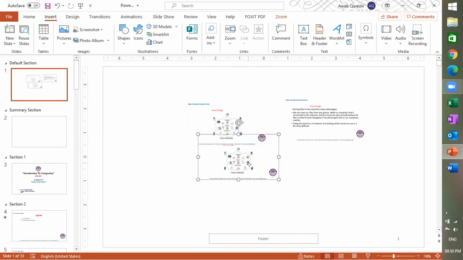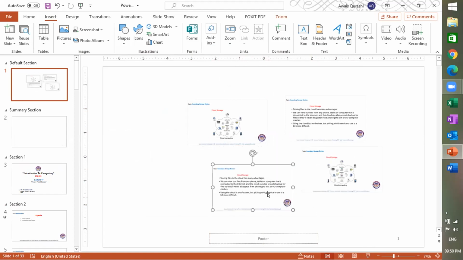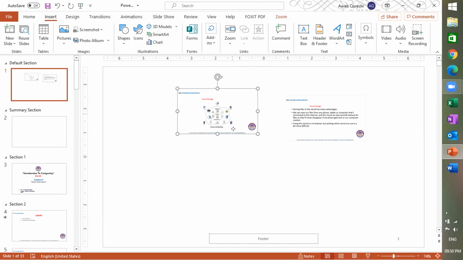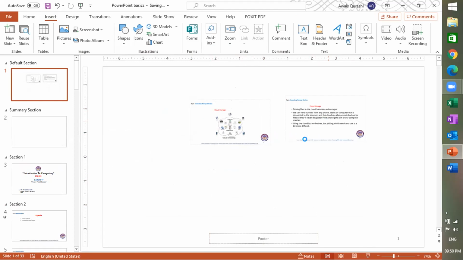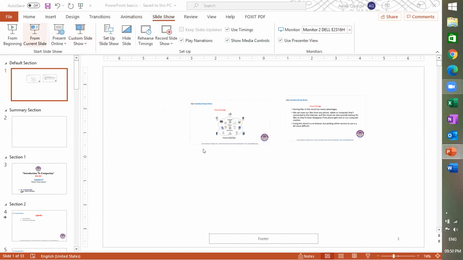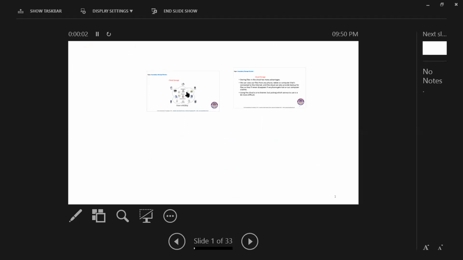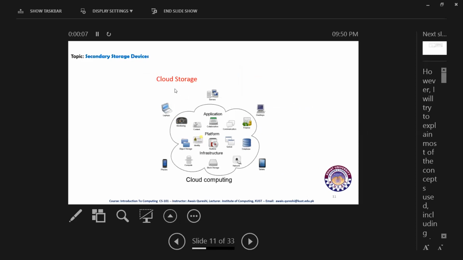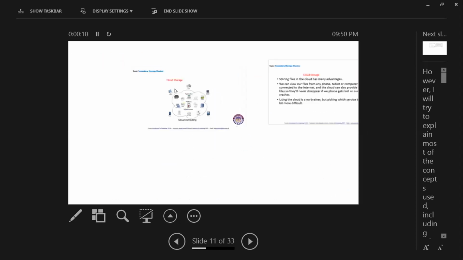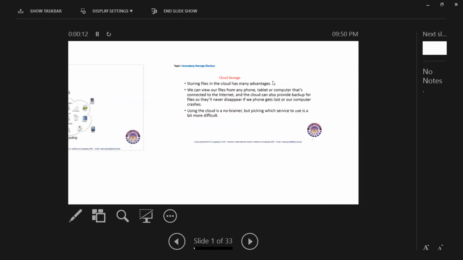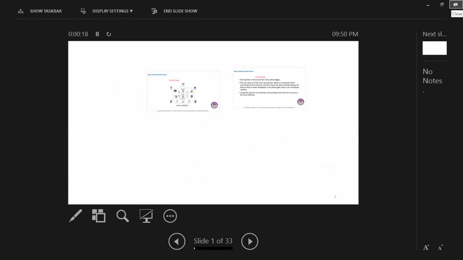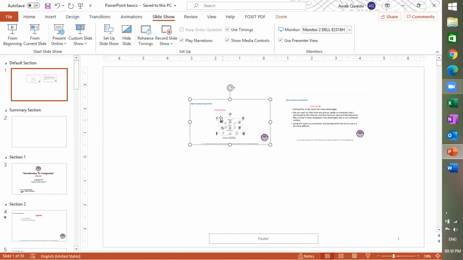Okay, these are the sections. This is section number 9, and this is section number 10. After clicking save, and then I'm going to click on the two sections, okay. Now you can see that after clicking on this, I will directly jump to section number 9. When I press this, okay. So this is the way with the help of which we can add sections in our slides.